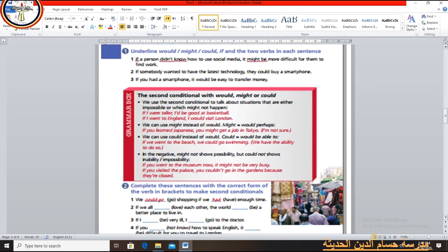How to use the second conditional with would, might, or could. We use the second conditional to talk about situations that are either impossible or which might not happen. If I were taller, I would be good at basketball. If I went to England, I would visit London. So let's